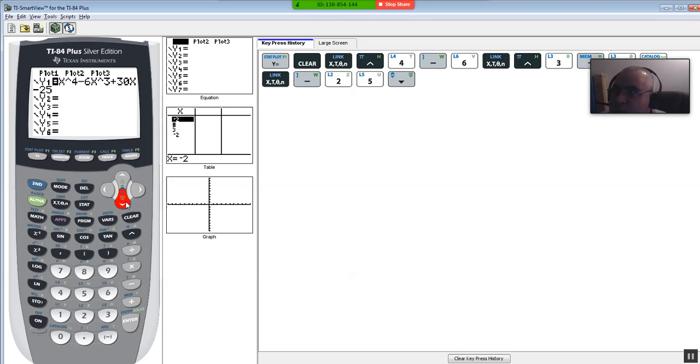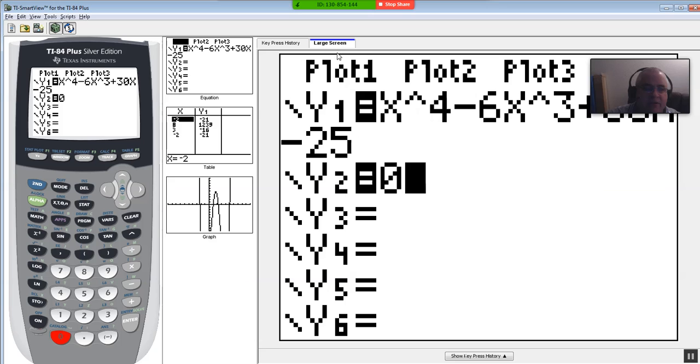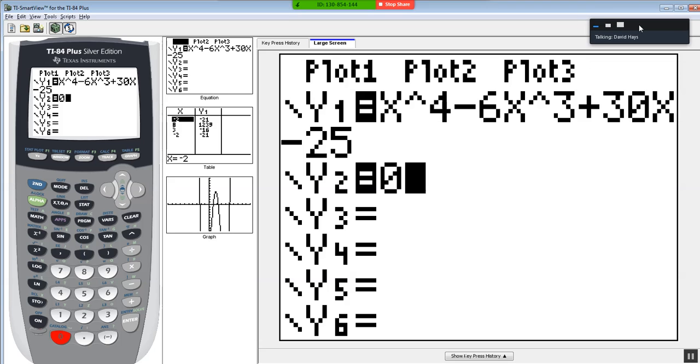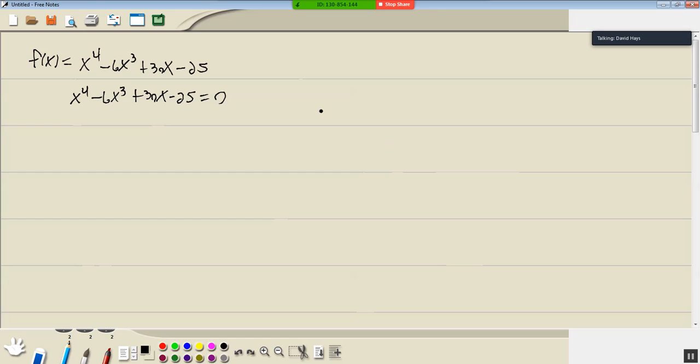And you have to have a 0 on y2. So you down arrow to y2 and you put a 0 there. This process does not work unless you have a 0 on y2. Now I'm going to put my large screen here so you can clearly see what's going on. And I'll hide my picture there so you can see. But we're at